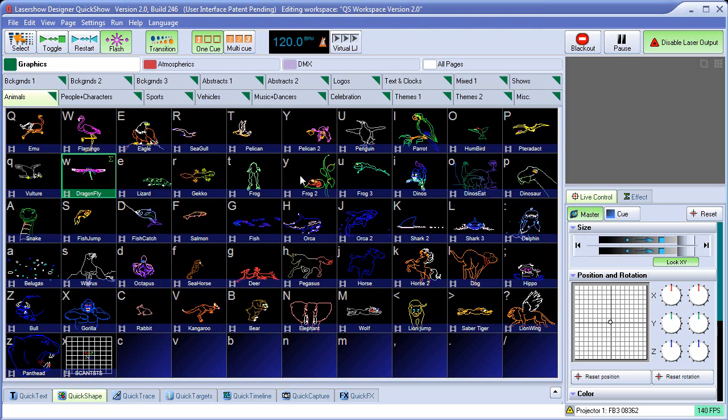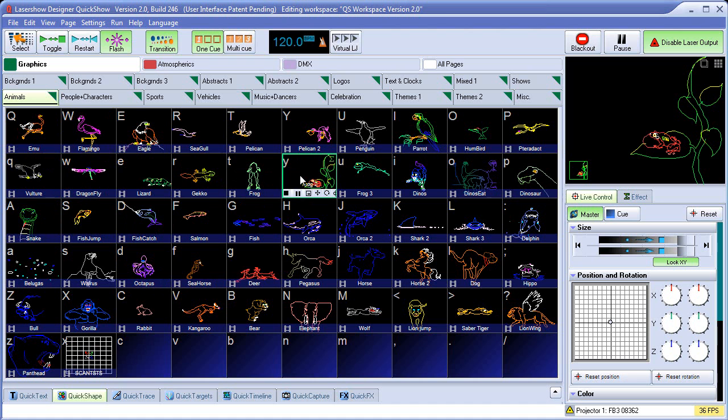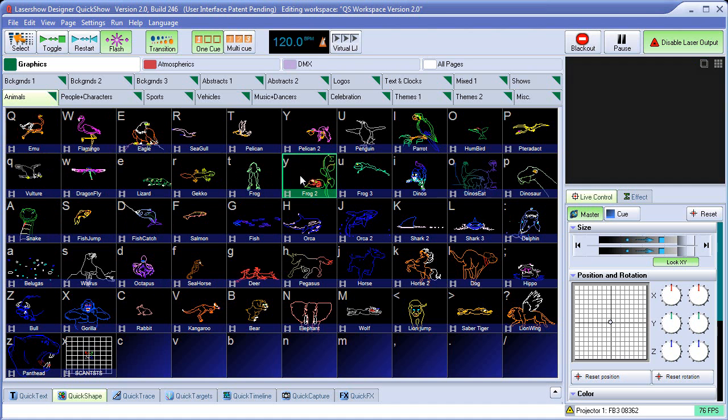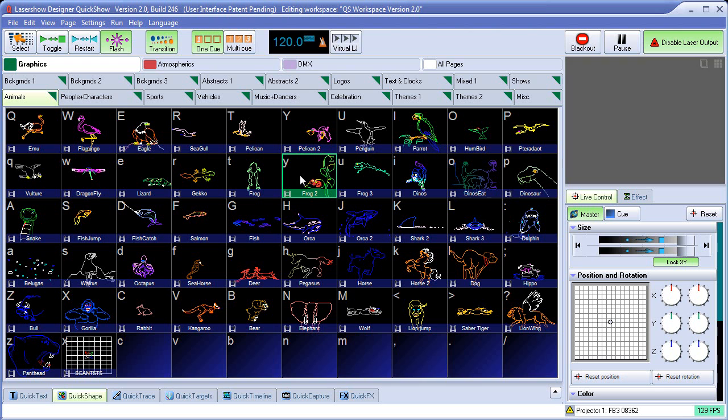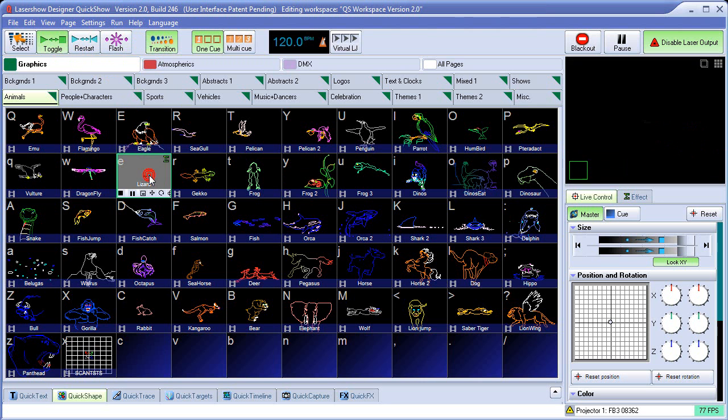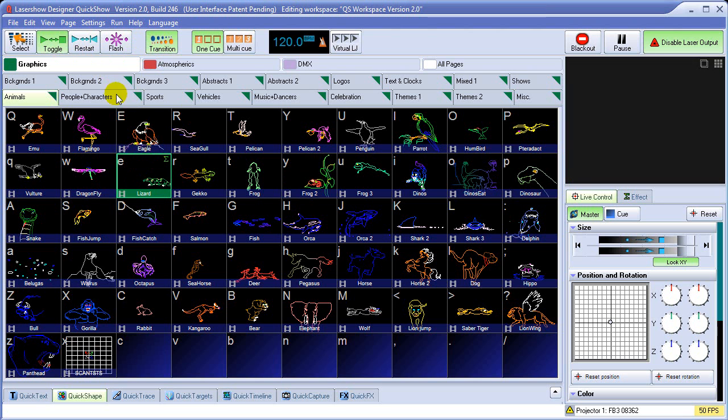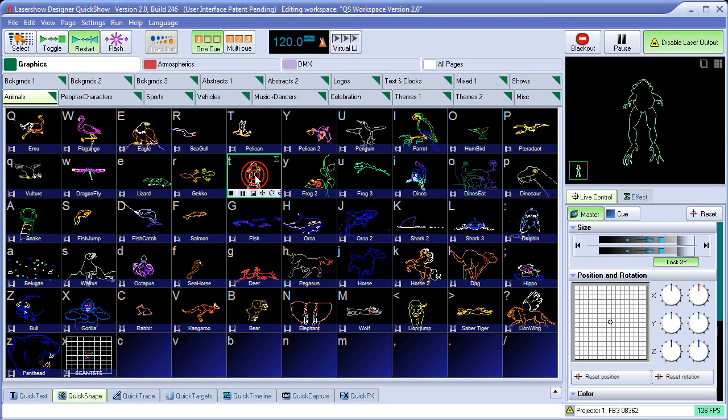So if I want to trigger this, I just press the Y key, like that, and when I release the Y key, this cue will stop because I have it in flash mode. So basically there are three ways in which you can trigger cues. Toggle, which allows you to turn on and off the cues just like this. Restart, which each time you click on a cue will start the animation again. And flash, which as long as you're holding down the button, you see the cue, and when you release it,